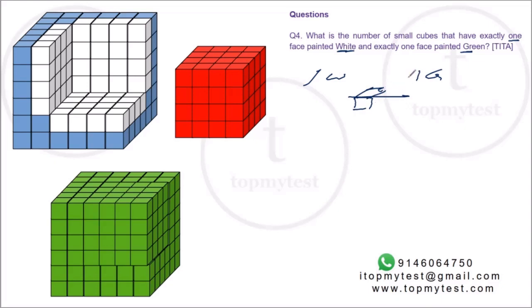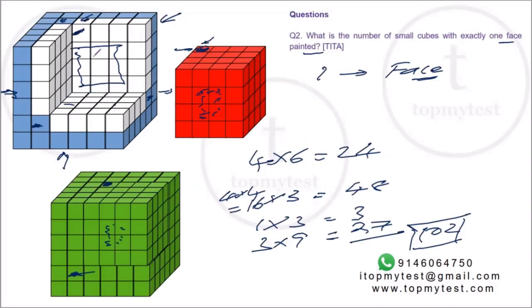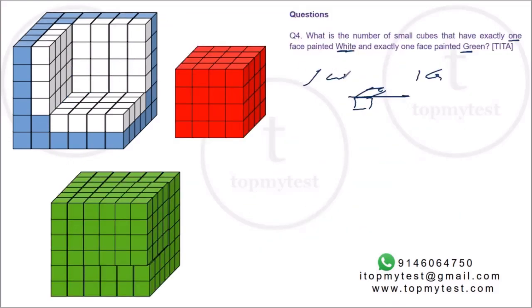Now, if you go back to the second question, we did this again, right? Only we were looking at just one face exposed. So in this question, we are looking at 2 faces exposed. Now, if you look at this cube, this will be the cube here. This will be this cube, right? Now, the front face is white, the top face is green, right? So it satisfies how many such pieces?